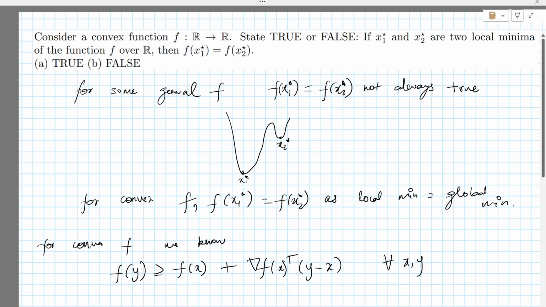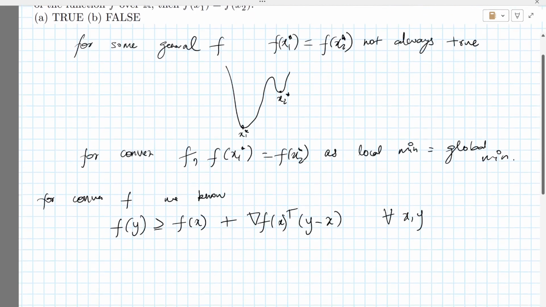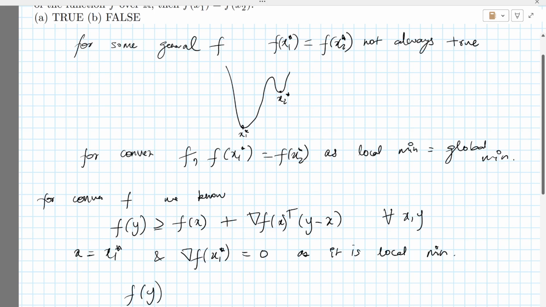Okay, this is true. So at x equal to some x1 star, the gradient of f at x1 star is equal to 0 as it is a local min, right? So f of y is greater than or equal to f of x1 star for all y,